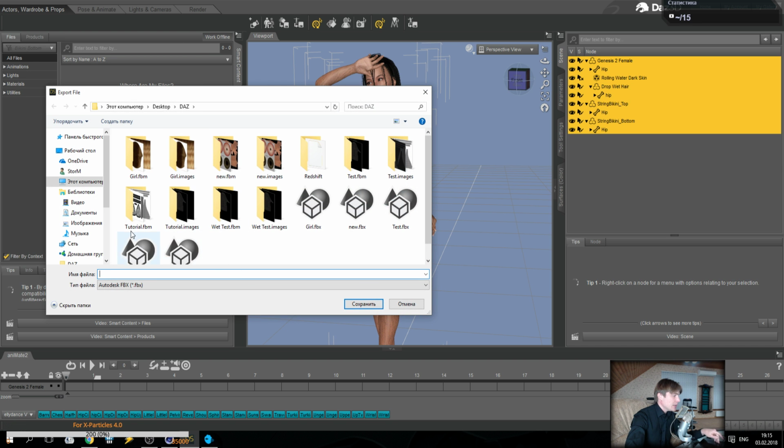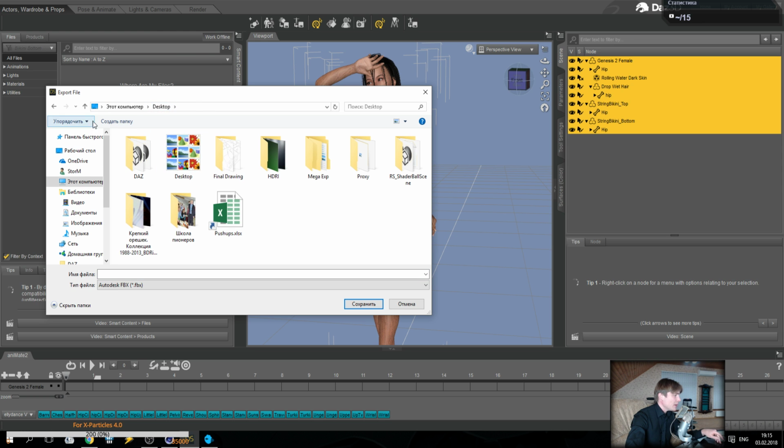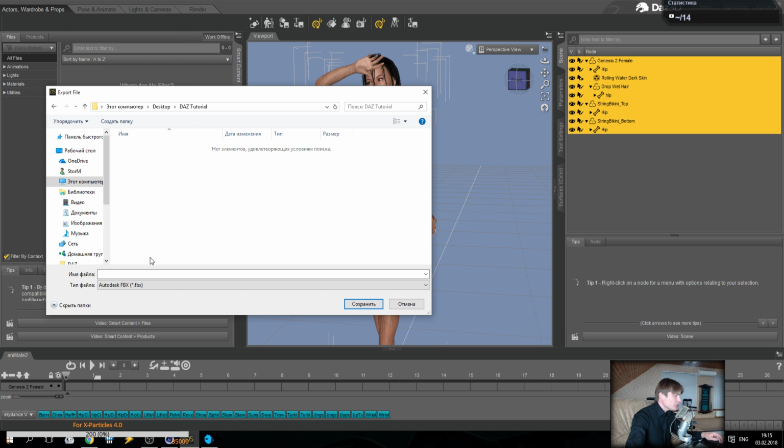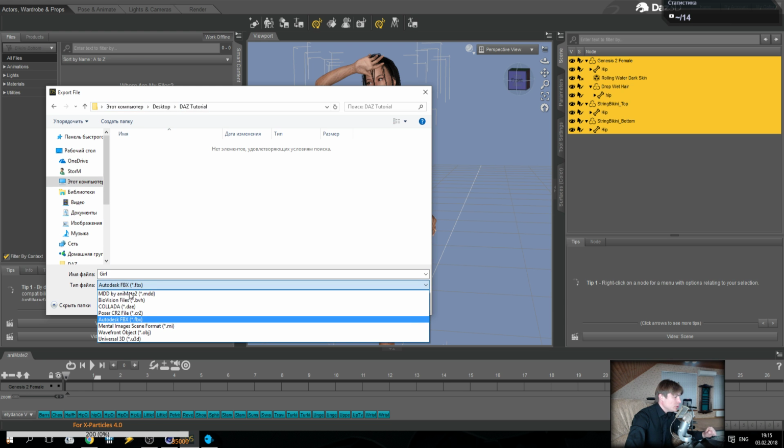And yeah, I have already many different things. So on the desktop, I will create a folder. It will be DAZ Tutorial, like this. Inside DAZ Tutorial, we will create a folder, Test girl, or just girl, doesn't matter. Yes, doesn't matter. So very nice. And the file type which we use is a file